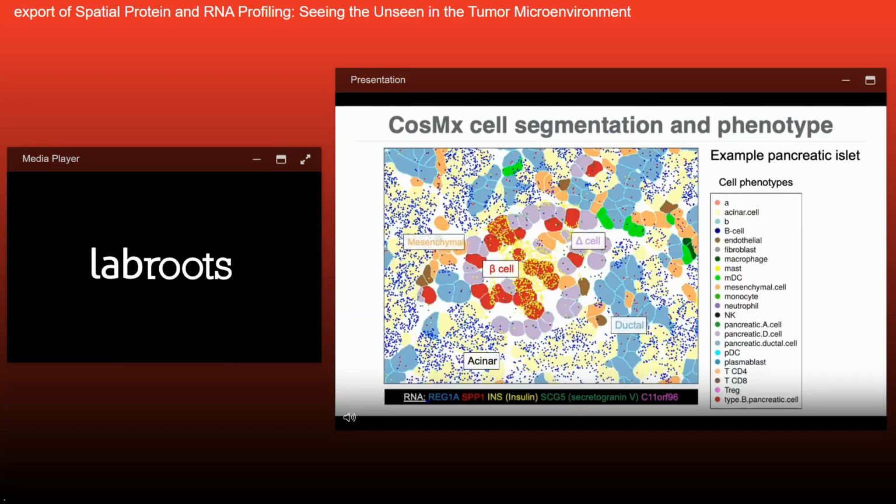Here's a very zoomed-in view of a single pancreatic islet showing the cell segmentation and inferred cell identities with the color key on the right. Overlaid on this image are dots indicating RNA hybridization signals for 5 of the 1,000 profiled genes, including REG1A, which is an acinar cell marker, and insulin and secretogranin 5, which are markers of beta cells and delta cells, respectively. These can be easily distinguished in the islet, which is largely surrounded by a mixture of yellow acinar cells and